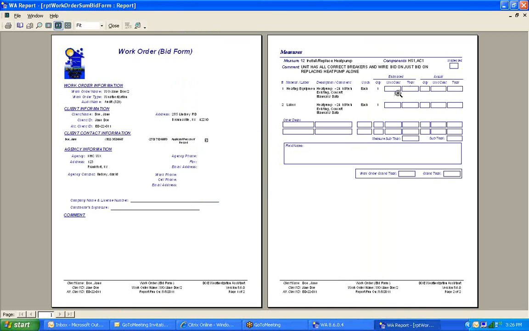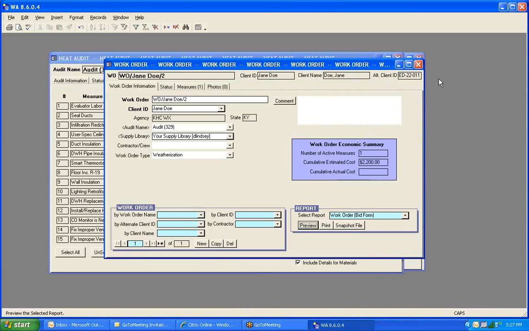Now, with the bid form, you don't have any cost, either estimate or actual. You don't want to give a contractor a bid form with estimated cost on it. That way you get a true bid from your contractor. Once you print this, however many contractors are going to be bidding on it, you can print it that many times, or you can actually print it once and make copies of it. My personal preference,